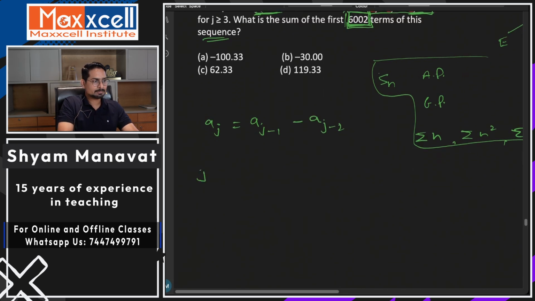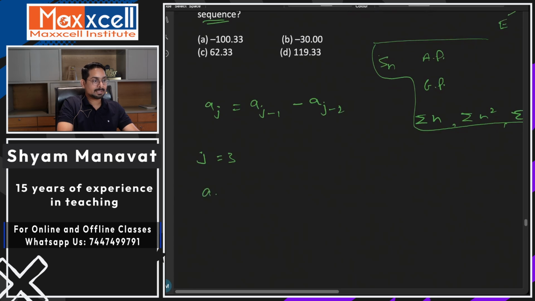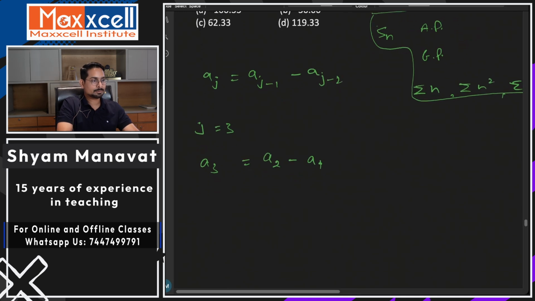If I substitute j equal to 3, where j can be anything equal to or greater than 3, that's going to get me a3 is equal to a2 minus a1, isn't it? And if I substitute j equal to 4,